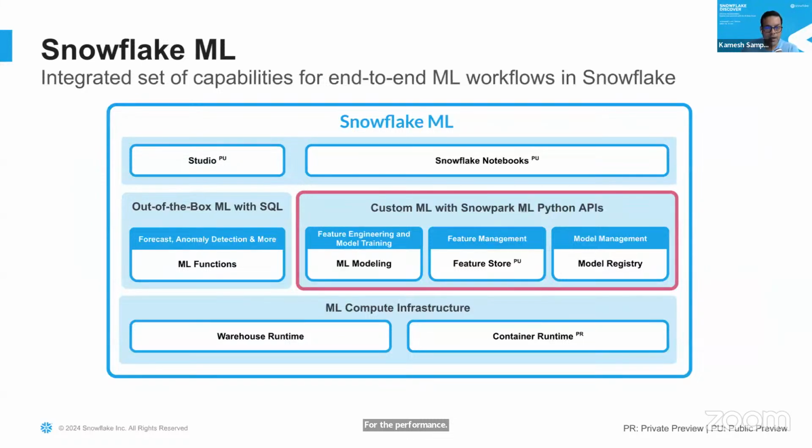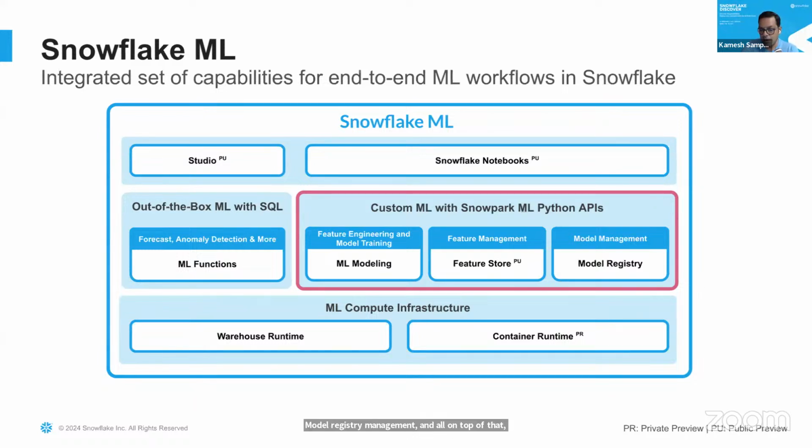And then for advanced users I talked about, that's exactly the one which I highlighted right now, and it's going to be part of the hands-on lab, where the data scientist who wants to do a lot of customizations, feature transformations, and then create the models, do the estimations, and then finally find out the best model using the estimators, and then use the registry to store the data, is what we're going to do as part of the hands-on lab. So this is more for what I call mid-level people who are skilled enough in ML, but they want to know what tools they can use from Snowflake to help them do ML modeling, model registry management, and all on top of that.